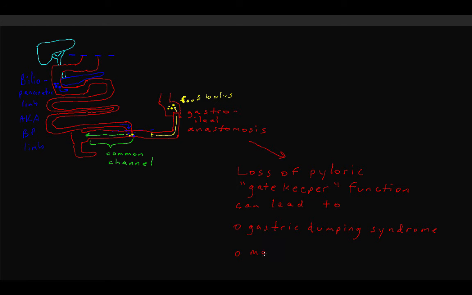The pylorus also keeps things from getting into the stomach. When this function is lost, bile from the intestines can reflux into the stomach and irritate the gastric mucosa, explaining why patients with a biliopancreatic diversion who have a gastroileal anastomosis can get ulcers at the anastomotic margin, known as marginal ulcers. To prevent these problems with biliopancreatic diversion, surgeons have developed a technique known as the duodenal switch to